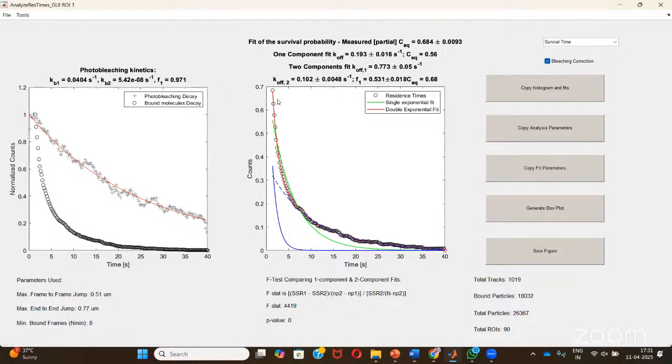Now, if you see this data fits properly to the red line, that suggests our two component fitting. So what are we expecting now? We can expect there should be two different populations or different fractions or different kinds of bound particles.